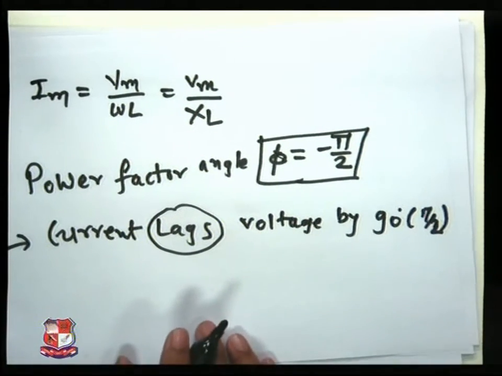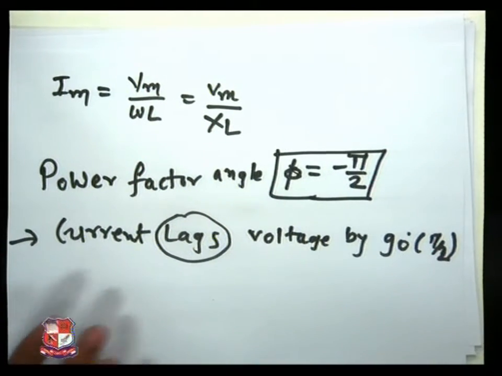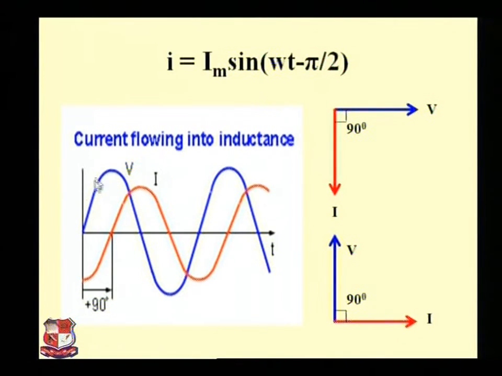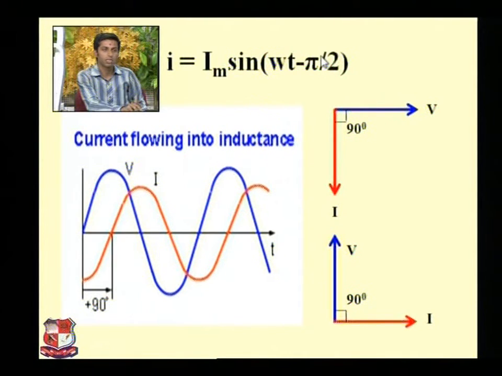Let's see in the figure how it is represented. See in the PPT here, the blue waveform represents voltage, and with a 90 degree phase difference the current is represented. That means in the equation Im sin omega t minus pi by 2, current always lags behind the voltage. So if I take voltage as the reference vector, then current lags by 90 degrees, and if current is taken as reference, then voltage is again at